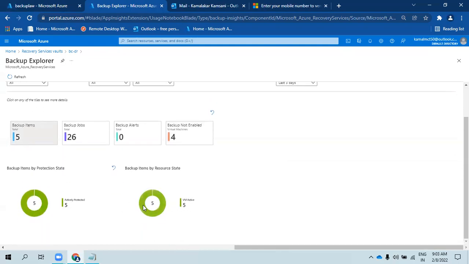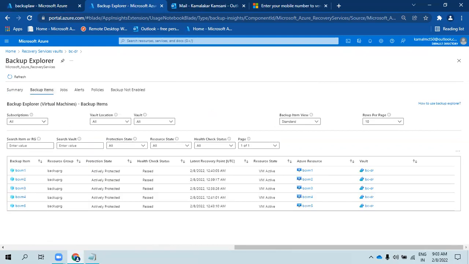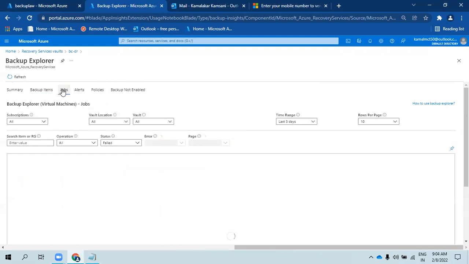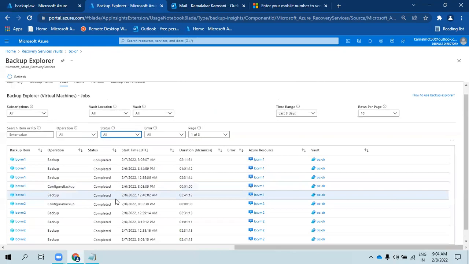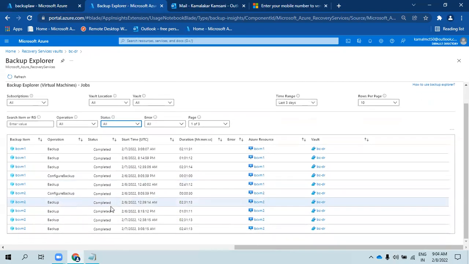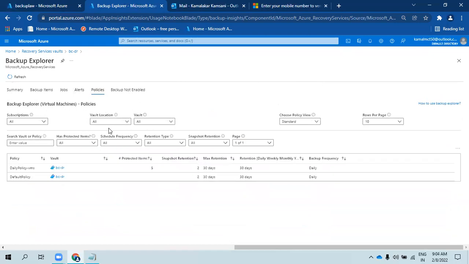There are 5 missions which are active and they are protected. Okay, so backup items, if you go, it will give you the similar data. If I go to the jobs, it will give you how many are failed, how many are successful. Right now, if I say all, it will give me all backup jobs. Okay, and if I go to alerts, if there are any backup alerts, you can see, and the policies and